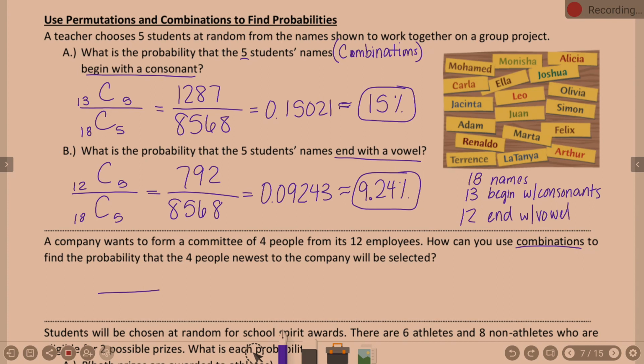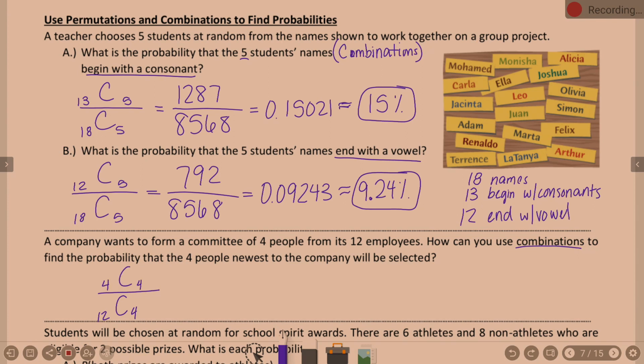Let's start with on bottom. There's how many total employees? 12. And you're trying to pick how many? 4. So are you with me where we're talking 12C4? Now, on top, probably the 4 people newest to the company will be selected. How many people are we picking from? 4 to fill how many slots? 4. So this is going to be